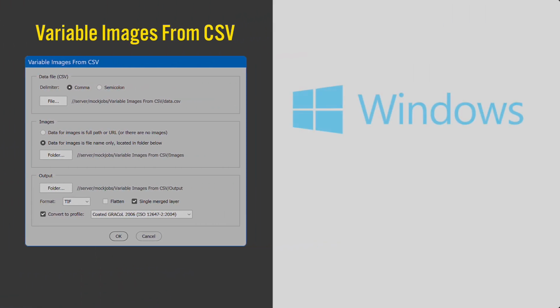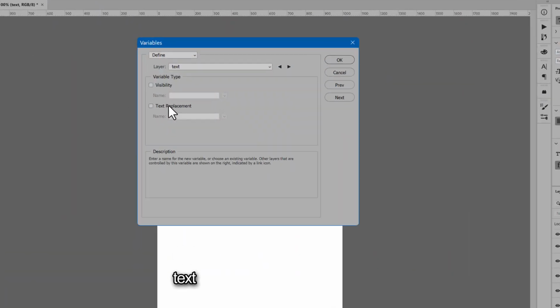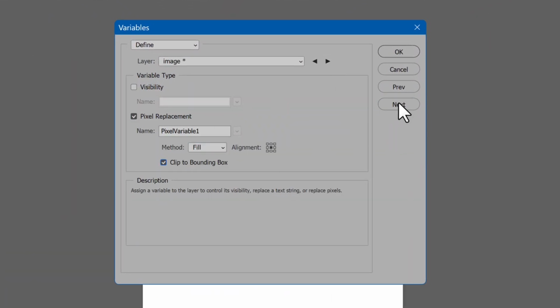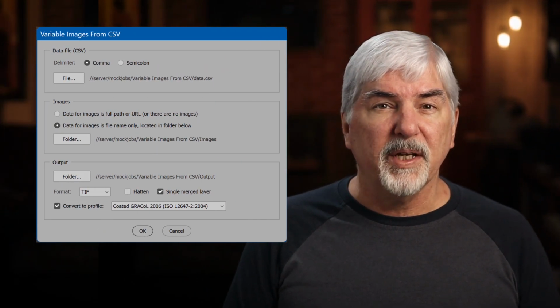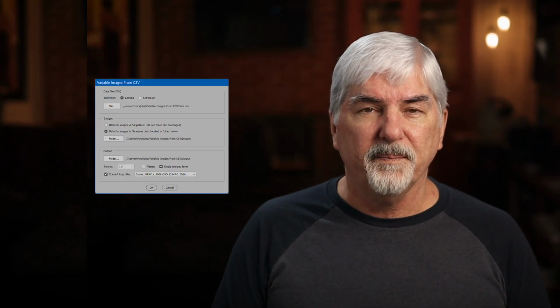I'll show the script in Windows. It works the same on Mac OS. Data merge in Photoshop isn't a new idea. The Photoshop features, image variables, and datasets can do it. But it's convoluted, in my opinion, and it only saves PSD. My script puts everything in a single window and offers multiple formats to choose from.